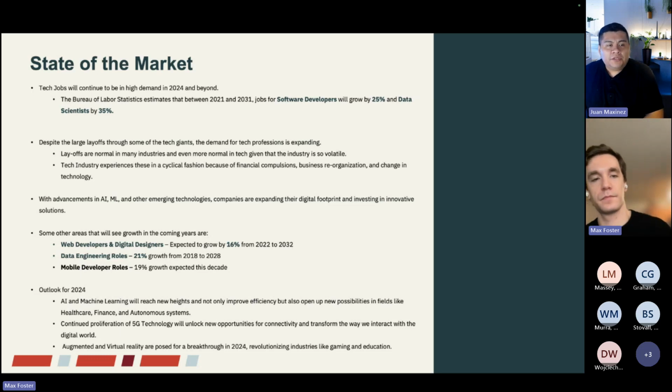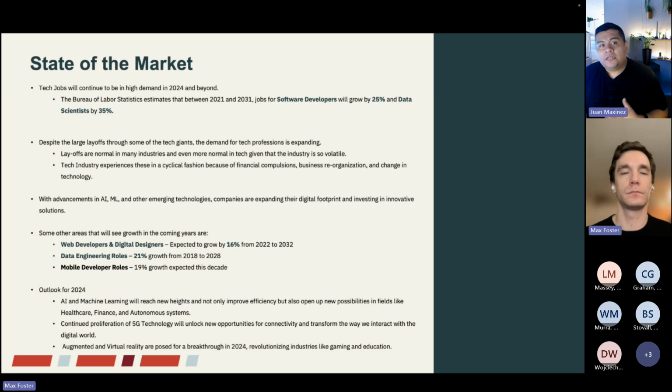We know there have been concerns with the massive tech layoffs that we did see, and we still see some of those from some of the bigger tech companies. But one thing to note is that some of those layoffs are something that's a little more common within the tech industry. There are essentially cyclical cycles that happen, and that's driven by many different factors such as financial compulsions, business reworks, and just change in technology. So we see that when there's new technology that needs to be embedded into every client's environment, there's a need for that tech hiring, right? And obviously, if there's other access to that, sometimes there could be potential layoffs that happen from there.